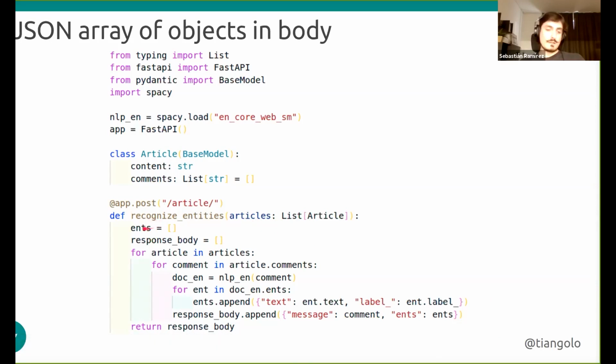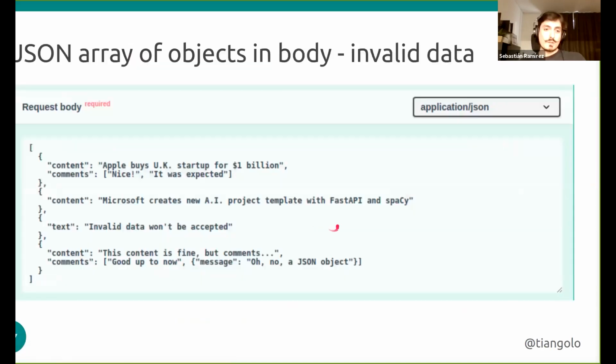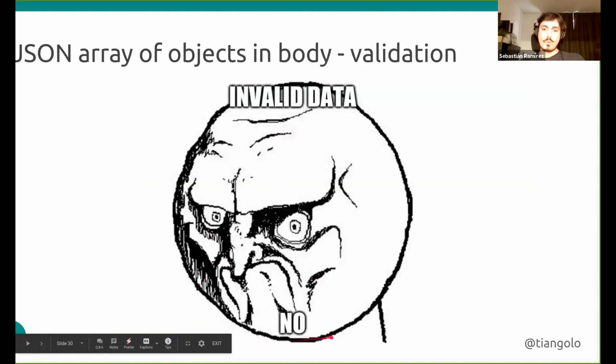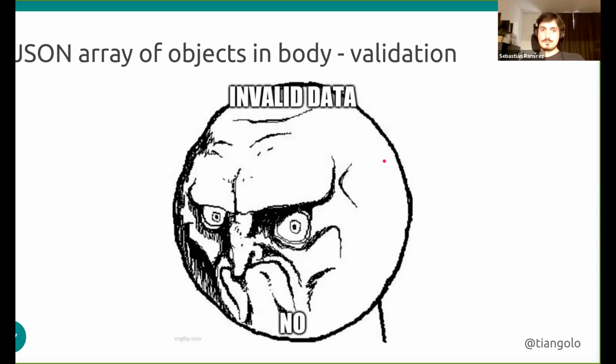This is saving us, I don't know, 10, 50 lines of code or something, because we can just take care of the business logic of our application instead of having to do all the manual handling of validating all this data. So if we send this invalid data, we get an error. So with invalid data, FastAPI won't receive it, and the code inside of our application won't even be run if we send invalid data. So we don't have to take care of that after declaring the data shapes.